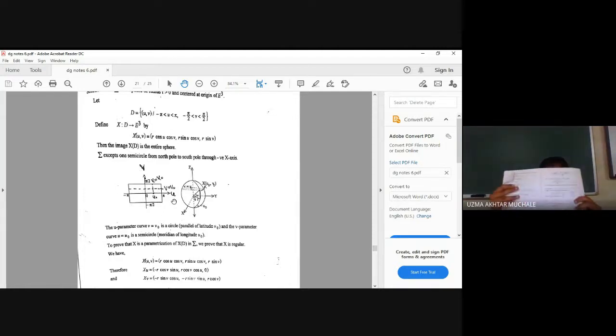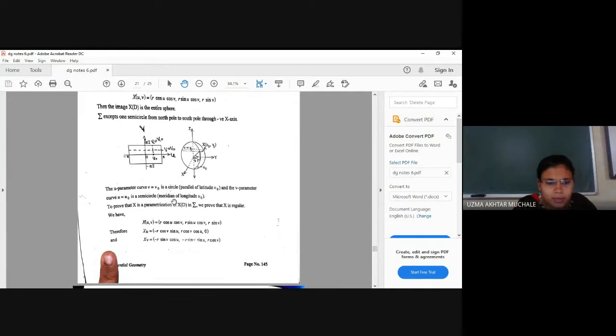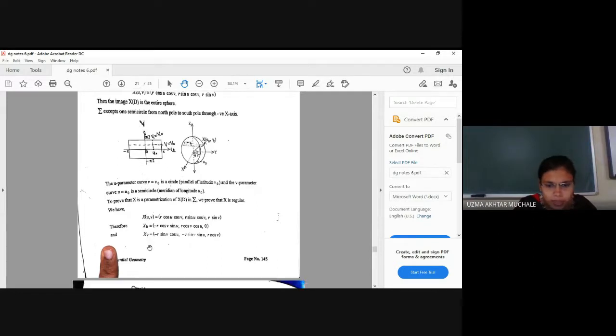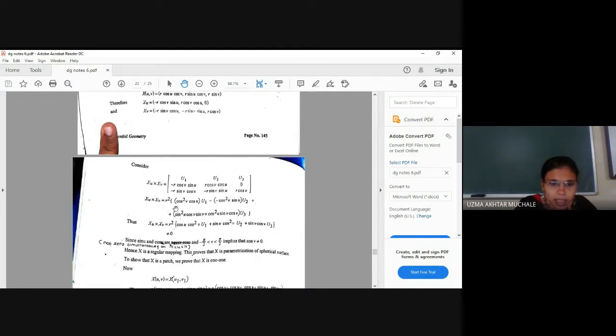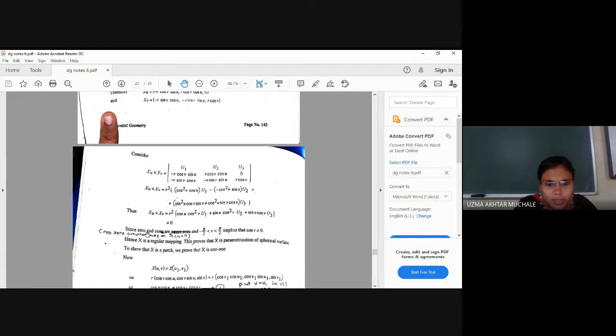You can see this. Initially we have a straight line, and this will be converted into the semicircle. Here also, if we apply this, it will be converted into the semicircle. So whatever u and v parameter curves we have will be converted into semicircles after applying the mapping x. Here we have x of u, v; you just differentiate with respect to u and v to get xu and xv. Then find xu cross xv, and if it is not equal to 0, then you can say that this is a regular mapping, and x is a parameterization of this.